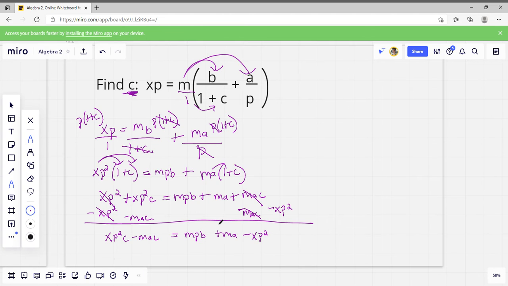Now I can pull my c out of this by factoring, so I've got c times xp squared minus ma equals mpb plus ma minus xp squared, and then I'm just going to divide by that, so xp squared minus ma,